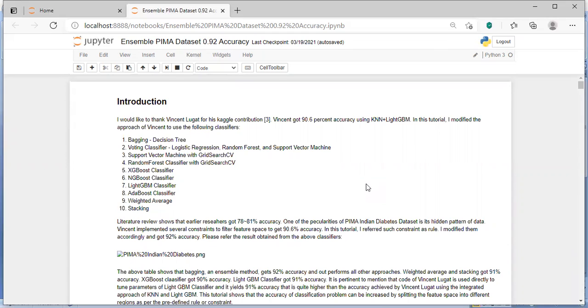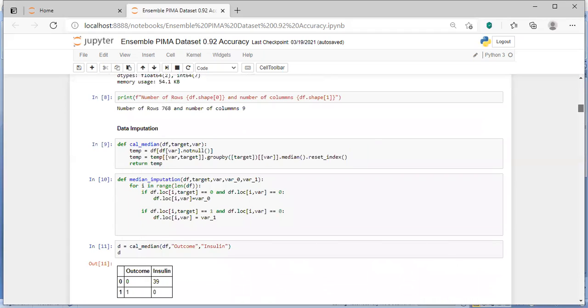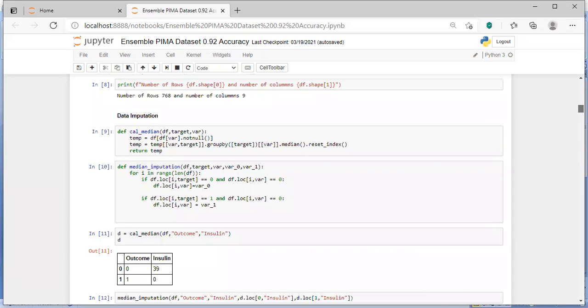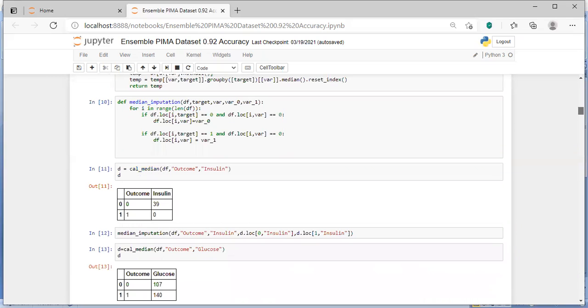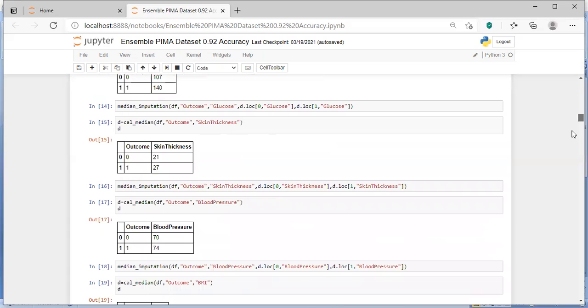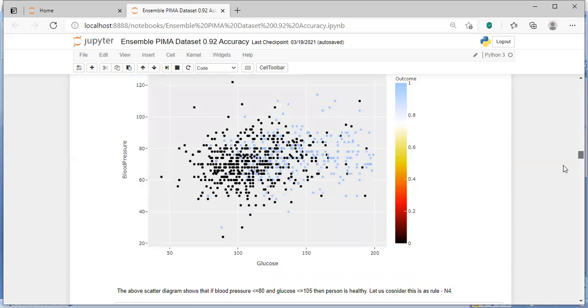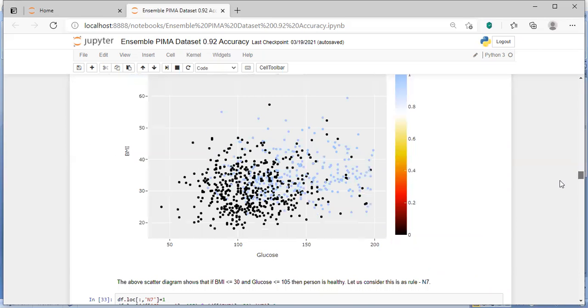So I said no, I will follow your methods, I will modify them and use different approaches, and I will show you that yes, we can increase this accuracy. So now you can check: you can get 91% accuracy from XGBoost, 91% accuracy from LightGBM, and 91% from the weighted average method.